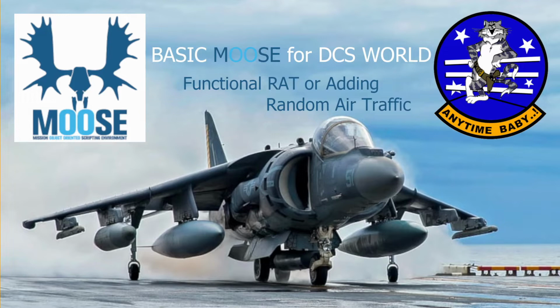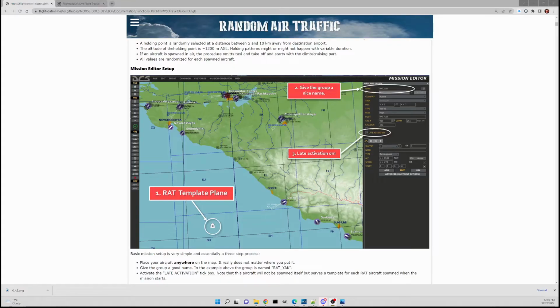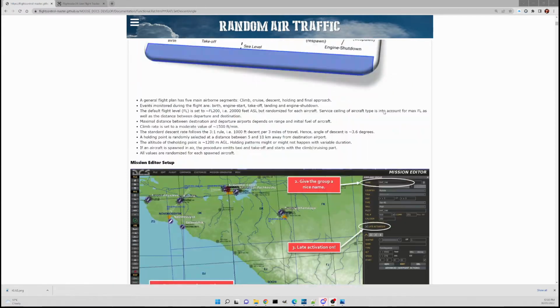It's one of the older classes. It's pretty cool, pretty easy to set up. Basically it adds traffic into your mission, spawning at random airports and flying between other airports. It's very, very simple to set up in a basic form, and we'll look at a bit more of an advanced setup to make it a little bit more realistic. So let's have a look at the classes guide at what they have here. So we have RAT,